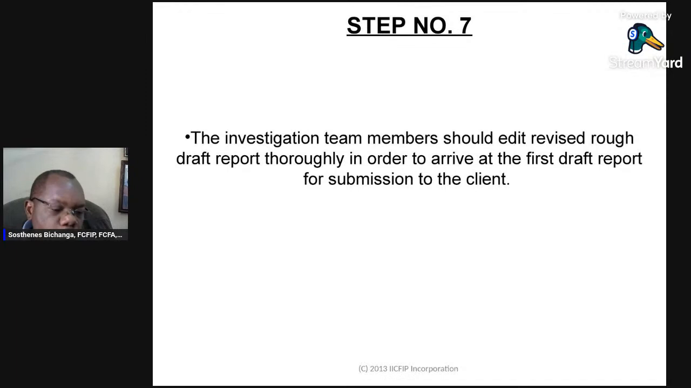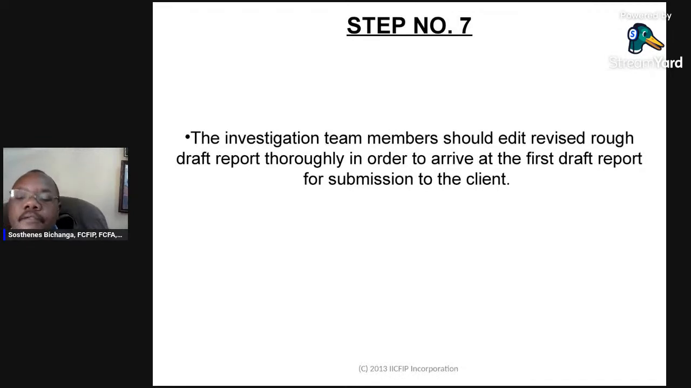This is important because the investigation team is required to do a professional job, professional work. They are not expected to submit a report with a lot of errors, grammatical errors, everything not in place. So they must carry out thorough editing, take even a whole day, even 2 days or 3 days, even 5 days, depending on the length of the report, to edit it thoroughly before it can be submitted to the client